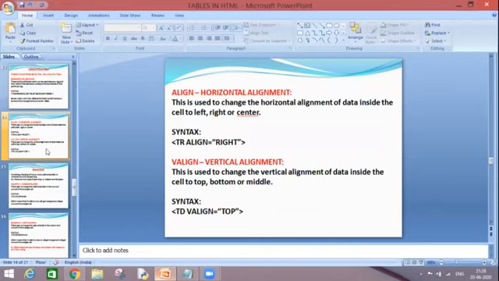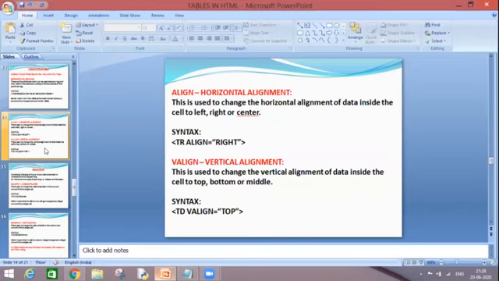And vertical alignment says that data can be aligned to the top, bottom, or middle of the cell. As we talk about these types of alignments in MS Excel, similarly we are talking about all types of alignments in HTML. But the usage of horizontal and vertical alignment is quite different.